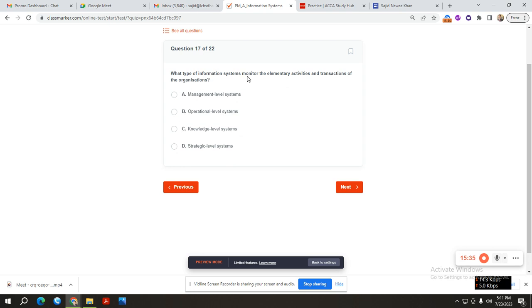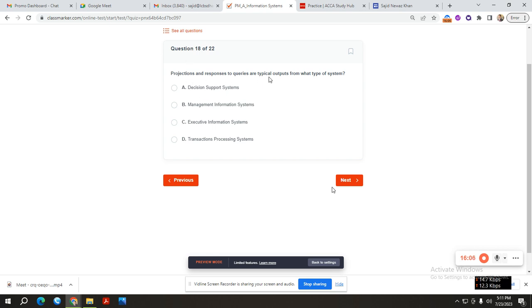What type of information systems monitor the elementary activities and transactions of the organization? So transactions নিয়ে আসলে এটা বড় কিছু নাই. This is obviously transaction processing system. Transaction processing system is generally dealt by the operational level management. All right. Next up,